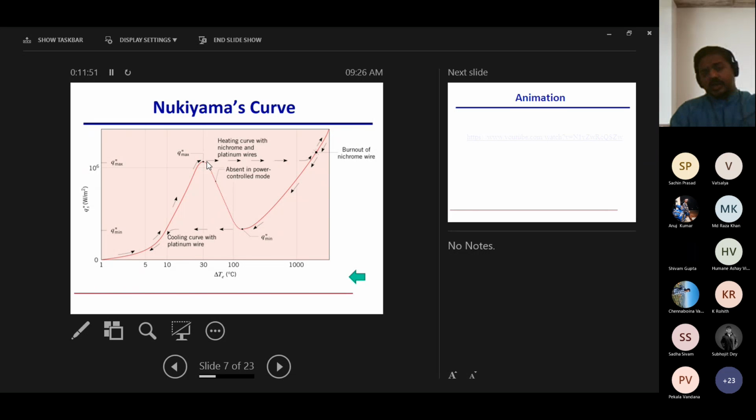Okay, the wire just snapped, melted. He tried a few times. Platinum is expensive. Then he moved to nichrome, which is cheaper. Same phenomenon. And what he's saying is that after this point, which we are calling the Q double prime max